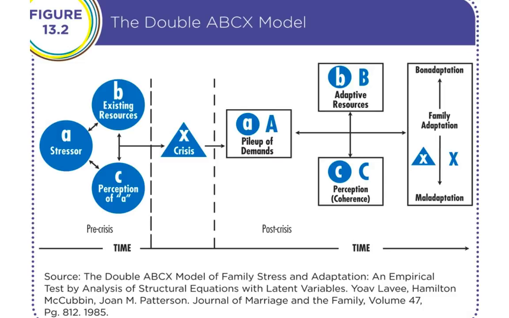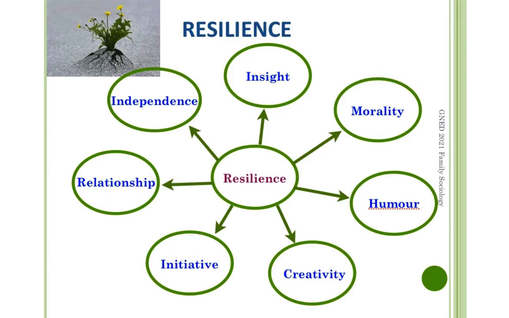Now, one of the things, or a collection, I guess would be a better way of putting it, of things that help or hinder a family would be that of resilience. Recently, researchers have focused on the family's ability to do well in the face of adversity. Resilience does not mean making the best of a bad situation. It involves change, sometimes drastic, to produce a stronger and healthier adaptation. And there are 7 resiliencies developed in struggles with family challenges, and they are listed right here.